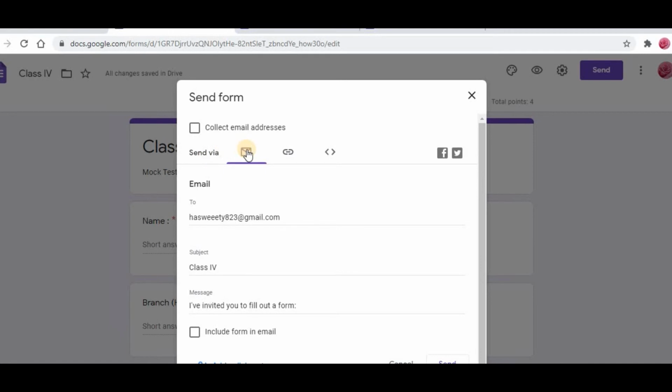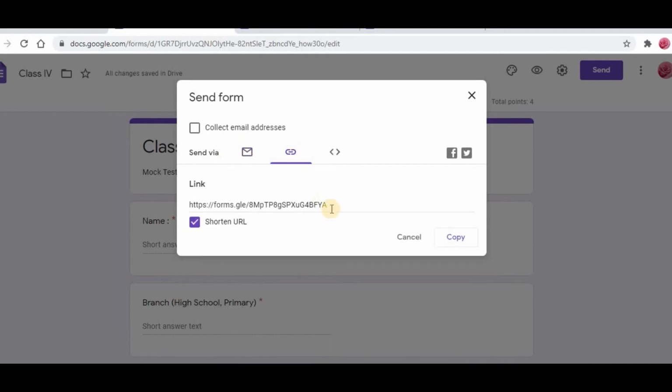In this way, send either via this or link. No, I just want only the link, you can just select this, or no, I want the total link, or you can select even this one, or you can just shorten the link and copy this, and you have to open your WhatsApp account and simply paste it in the WhatsApp account, and you can share the link to your friends. Okay,